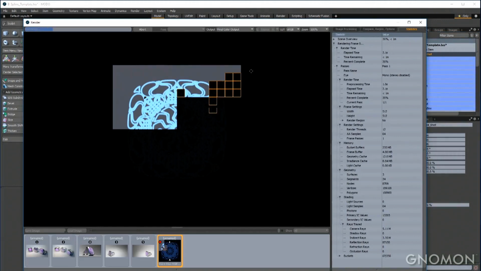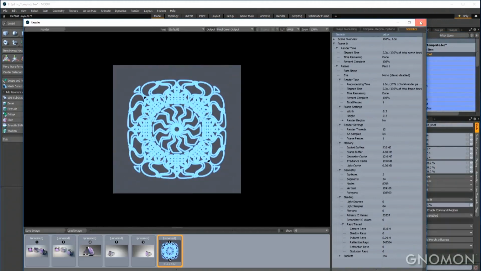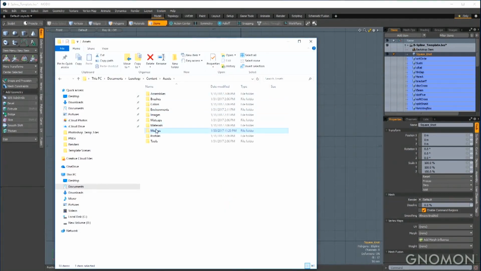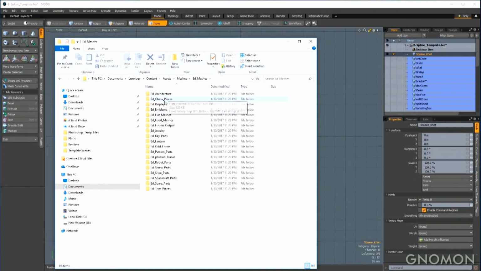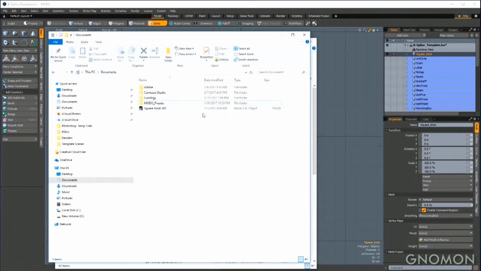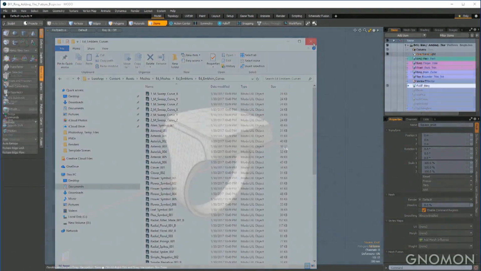And the advantage to doing it this way is it actually creates a nice thumbnail. It just renders a 512 by 512 image that you can use as a thumbnail for your preset browser. So to put this in your preset browser, you just go to System, Open Content Folder, navigate to the folder where you want your presets to exist, and then you open up your documents where you saved that preset and just drag that recently saved preset into your preset browser folder.